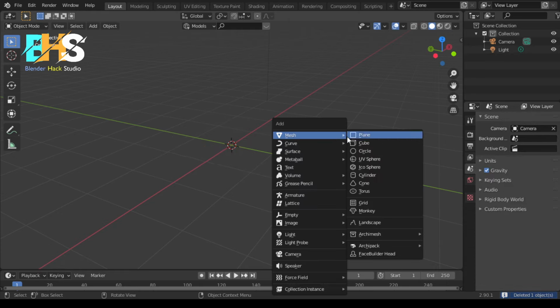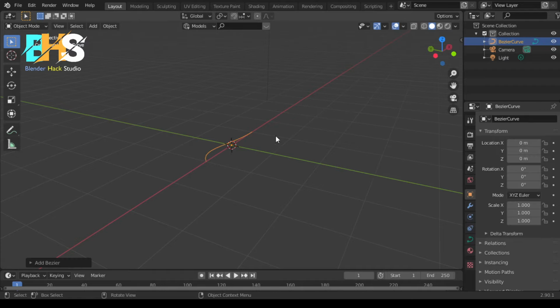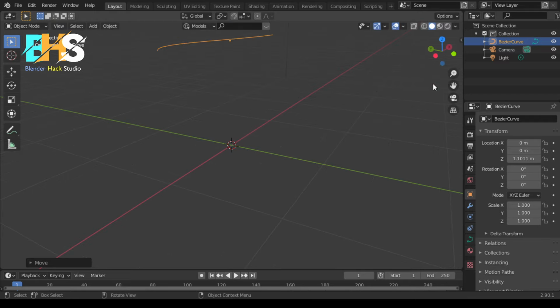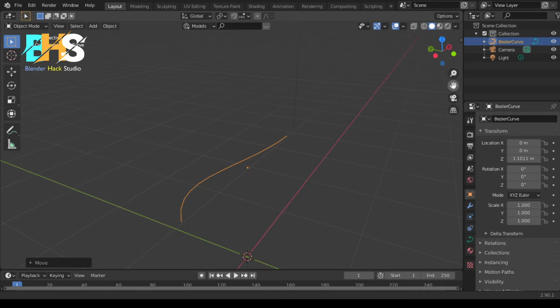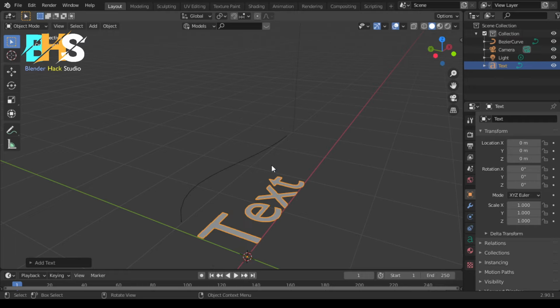Also you can add different kinds of mesh, like the cylinder, like the UV sphere. Also you can add a curve. Adding a curve is important because it can help you to design shapes of the objects or the mesh, like the cylinder. But you will get to know more about the curves as the time will come, because it is somewhat sophisticated to learn. Also you can add text within your scene,